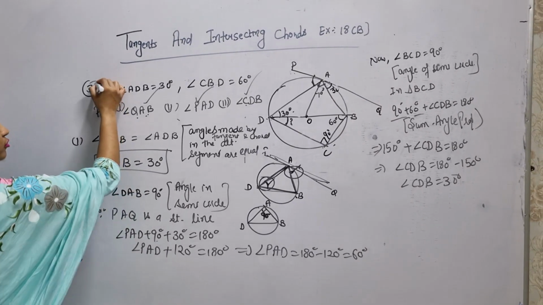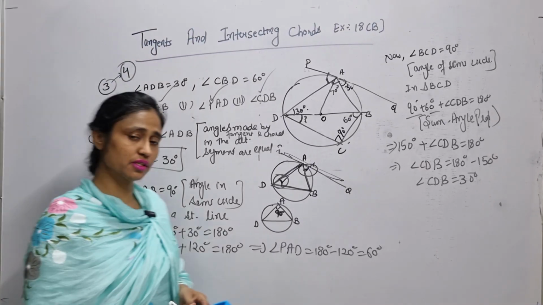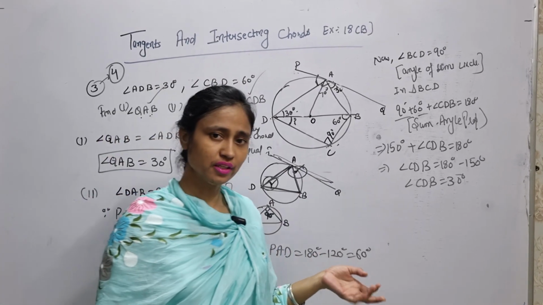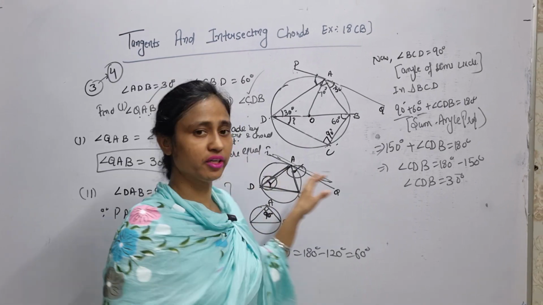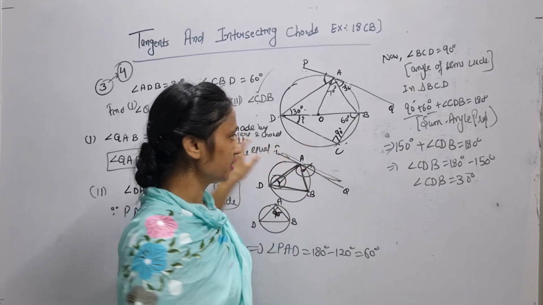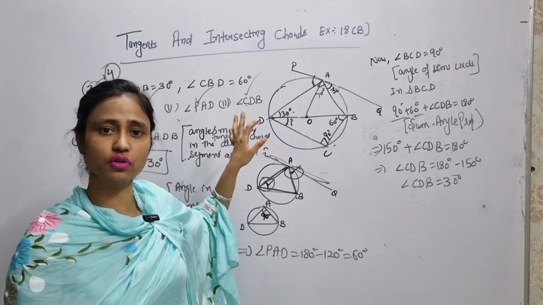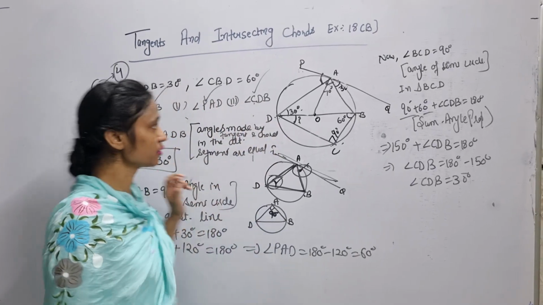Next is the fourth sum. From the book, you can see, the ICSE book is there. The fourth sum you should try on your own. If there is any doubt, you can write in the comment box, then I will solve this sum separately. If you understand all these calculation results, then you can solve the fourth sum on your own. Must try this sum on your own.